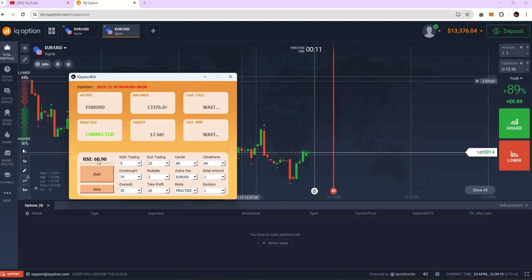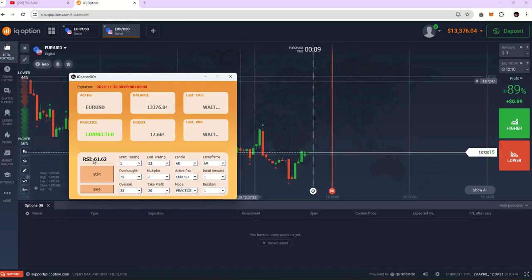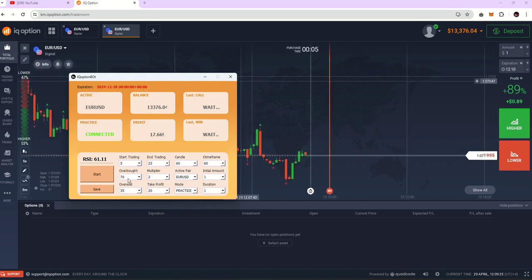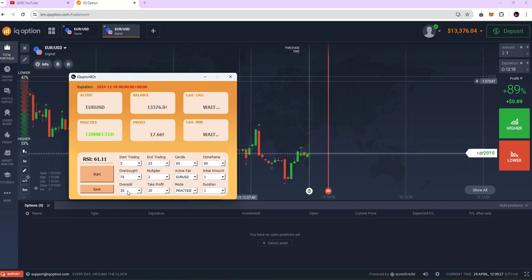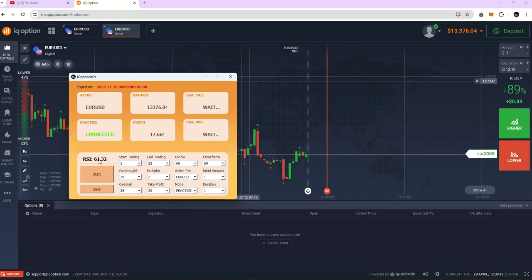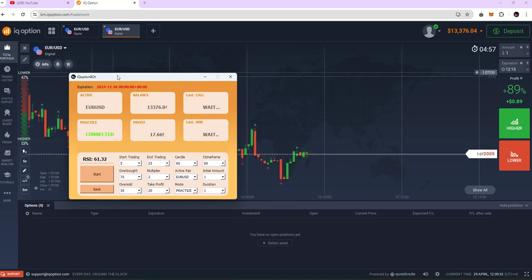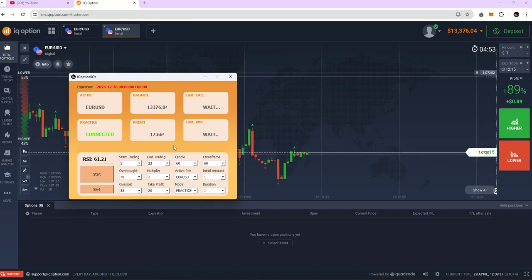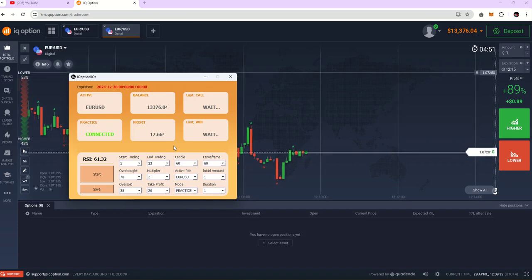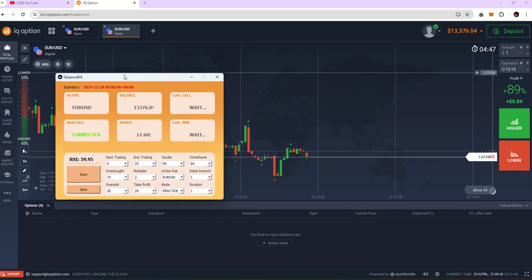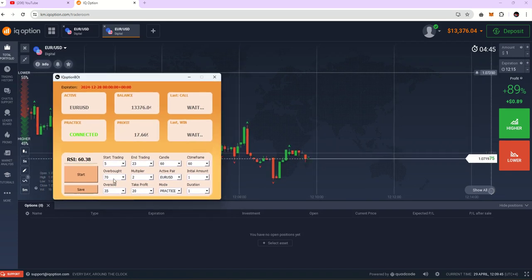So now it's starting. Our current RSI is 60. So it will not open a trade since our overbought sell setting is 70 and oversold is 35. If it reaches 70, it will open a trade. This is automatic. You don't need to stop this, just run it 24/7. If you want the VPS, you can. And now let's wait until it opens a trade.